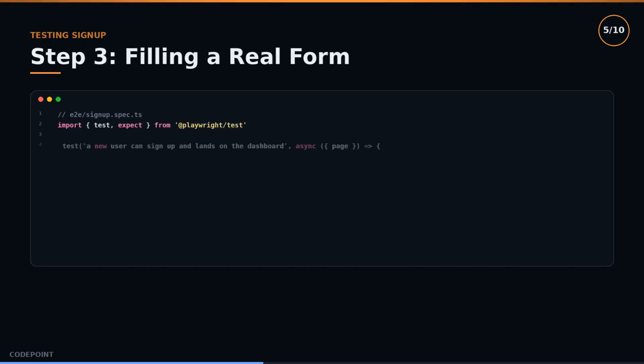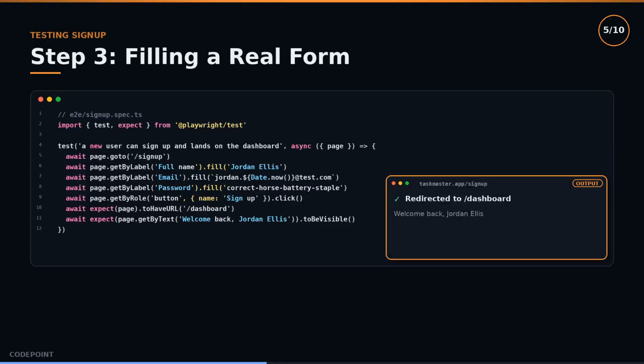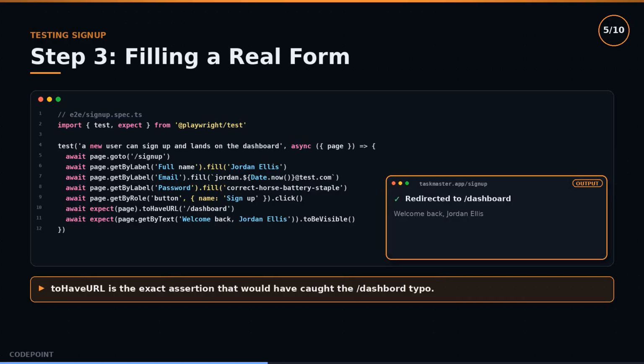Testing signup. Step 3. Filling a real form. e2e/signup.spec.ts, import test, expect from @playwright/test. Test, a new user can sign up and lands on the dashboard. Async page. Await page.goto /signup. Await page.getByLabel full name .fill Jordan Ellis. Await page.getByLabel email .fill jordan.dateNow@test.com. Await page.getByLabel password .fill correct horse battery staple. Await page.getByRole button, name sign up, click. Await expect page toHaveURL dashboard. Await expect page.getByText welcome back Jordan Ellis